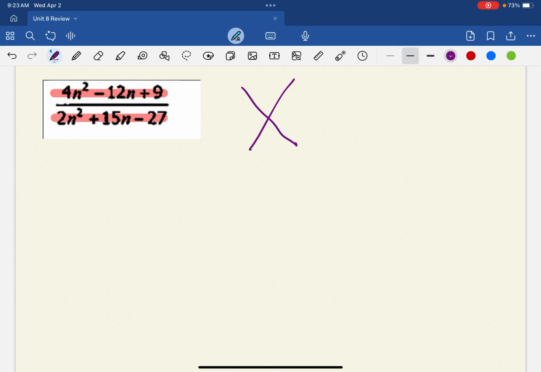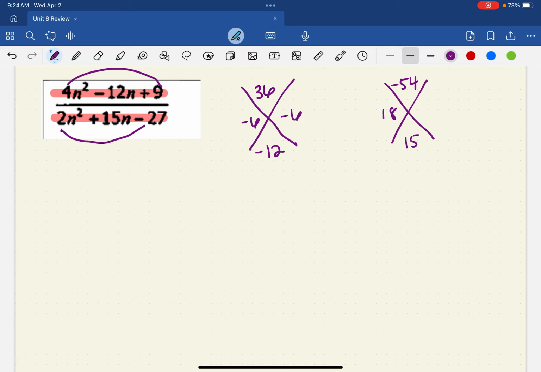So I'm going to make two separate problems. First one, I've got A times C, so 4 times 9 on top, 36, negative 12 on bottom. Second one, I've got 2 times negative 27, so negative 54 on top, 15 on bottom. Two numbers that multiply to 36 but add to negative 12 are going to be negative 6 and negative 6. Two numbers that multiply to negative 54 but add to positive 15 are positive 18